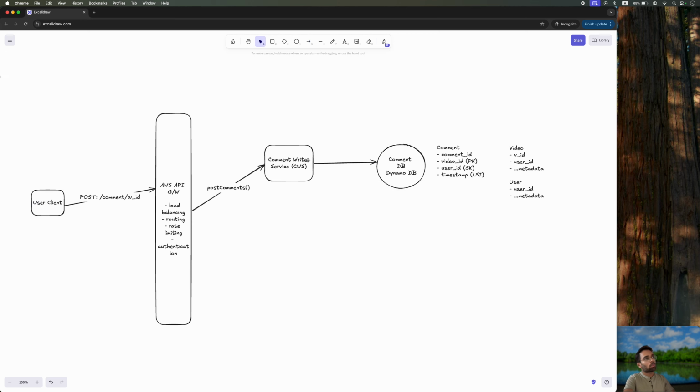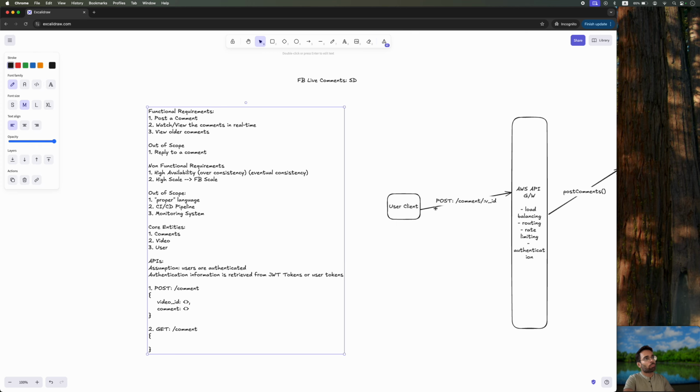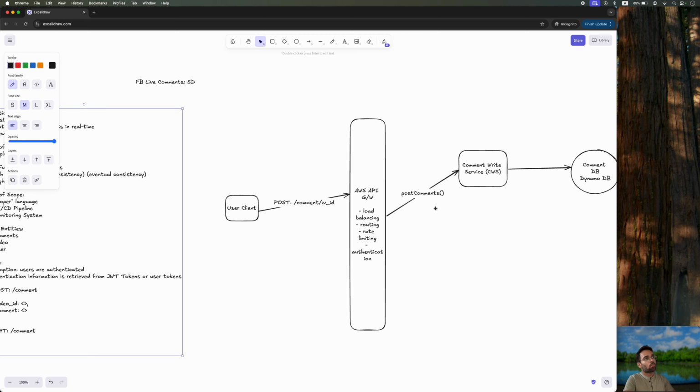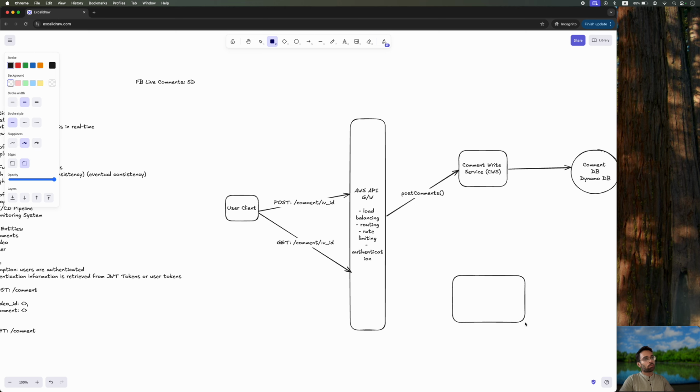Okay, so the first functional requirement is done. The user is able to post a comment now. Now comes the second part, where the user wants to retrieve comments from this particular video. So the user will make another API call, which will be a GET on /comment/ again with the VID. So we are passing a video ID here. And then there would be a comment read service,